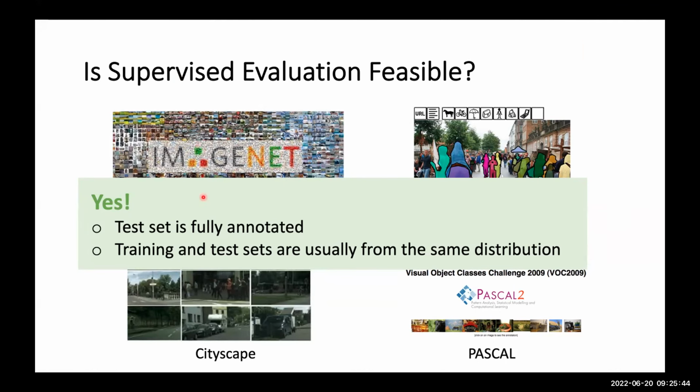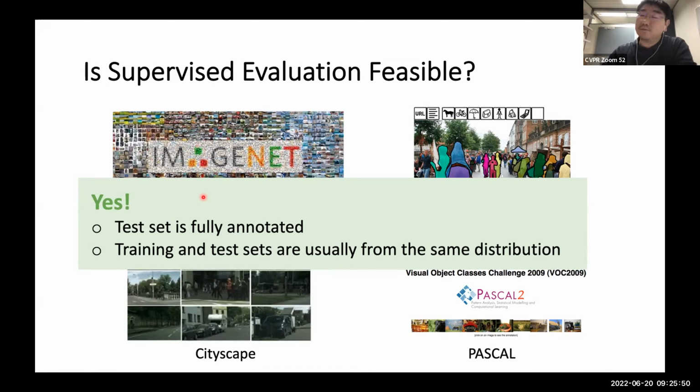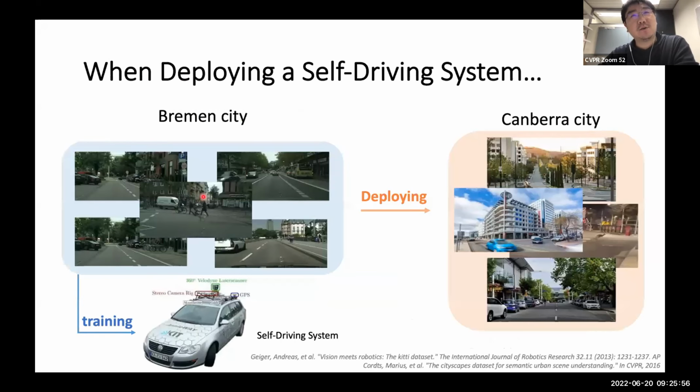However, the problem arises when we consider out-of-distribution data, especially without ground truth. This was also introduced in the overview slides. Now we use autonomous cars as an example again. We train the self-driving system in one city and we try to deploy this system in another city, which is very different from this source domain.